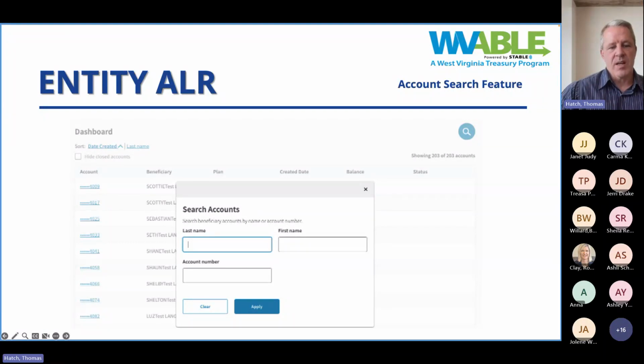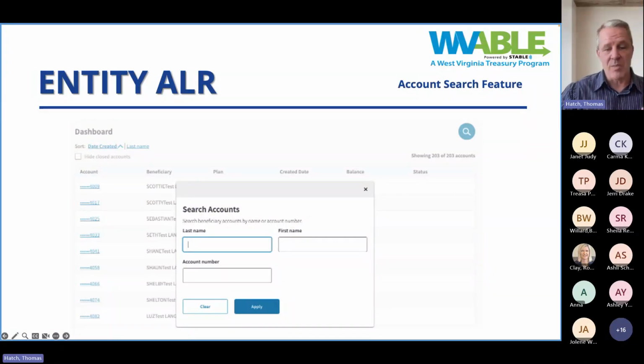When you first log in, the very opening screen that you get to is the dashboard. And you'll see that kind of up in the upper left corner, kind of grayed because it's behind the scenes here. The dashboard will show you every single individual account that you're managing under your login. They'll have the account number, the beneficiary's name, the date it was created, the balance, a variety of pieces of information. Frankly, what you do is you click on whichever one of those accounts you want, and that will take you into the management screen, which we'll show you in the next slide.